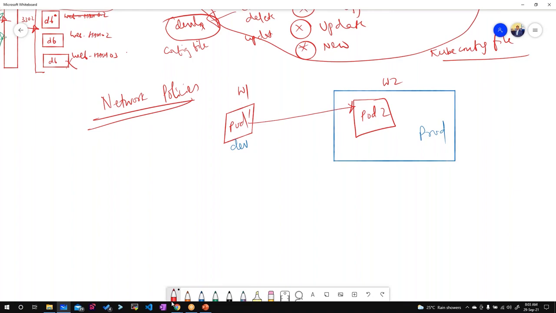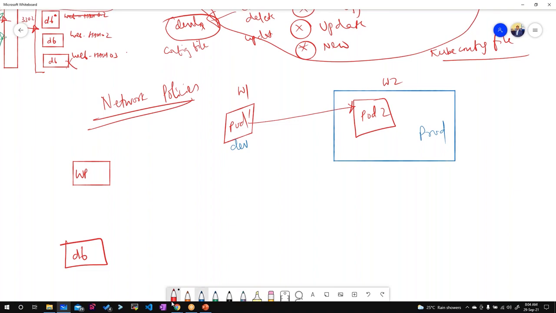But in a real life scenario, we don't want to have this setup. In a real scenario we should have restrictions in place for both outgoing traffic and incoming traffic. Let's say there is a WordPress pod and there is a DB pod. Now this DB pod should accept traffic only from the WordPress pod.